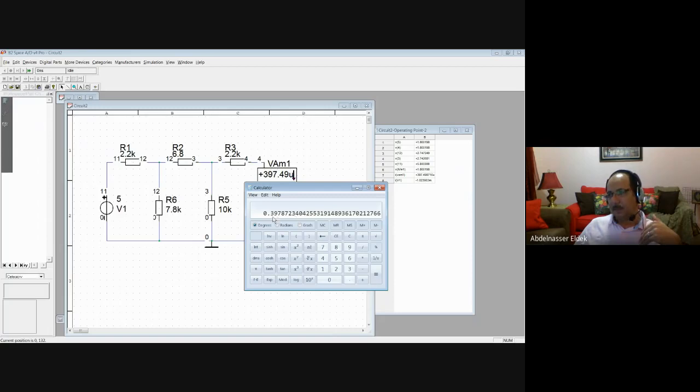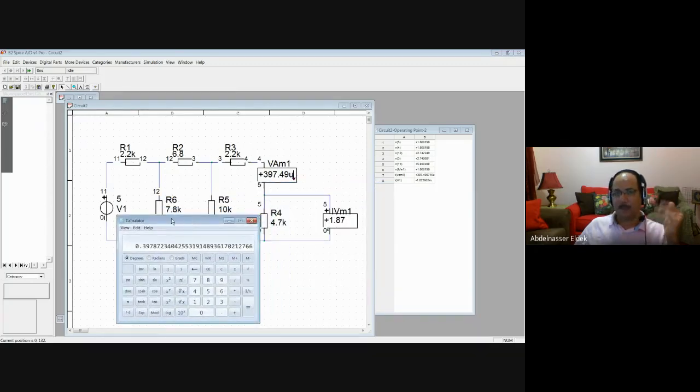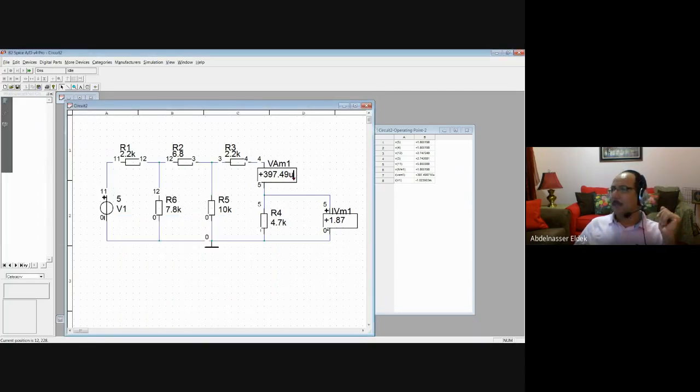0.3979872 and so on. 0.3979 milliampere, which is the same as 397 microampere. Of course, there's a little bit of difference here. It's okay, no problem. The difference is not huge. There's no difference actually. Okay, then next part